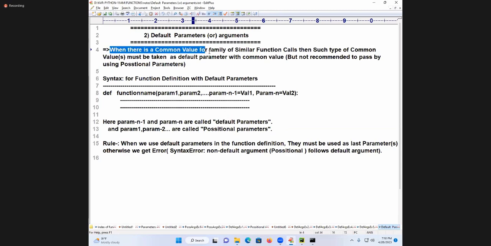When there is a common value for a family of similar function calls, such common values must be taken as default parameters with a common value, but it is not recommended to pass them by using positional parameters. Syntax for function definition with default arguments: def function_name(param1, param2, ..., param n-1 = value1, param n = value2):